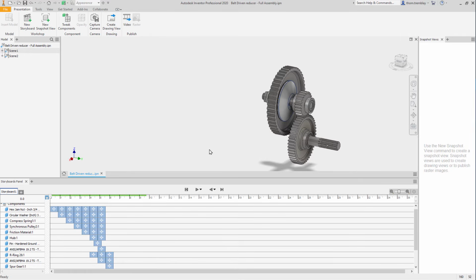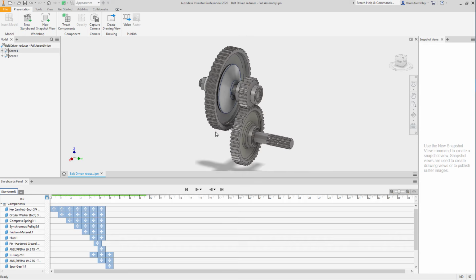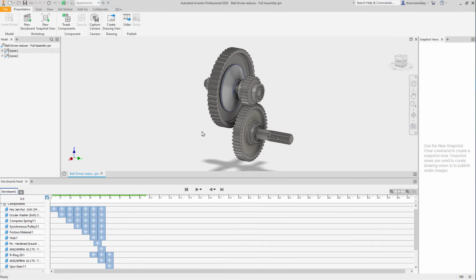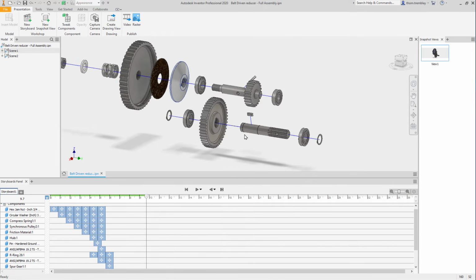All right, that looks pretty good. Now at the beginning of our timeline, this is a good view of the assembly. It gives us a clear view of the hub, and we want to be able to explain to people that beneath the hub is the friction material pressing up against the pulley. So let's go ahead and record a snapshot of that assembled view, and then let's move the animation to